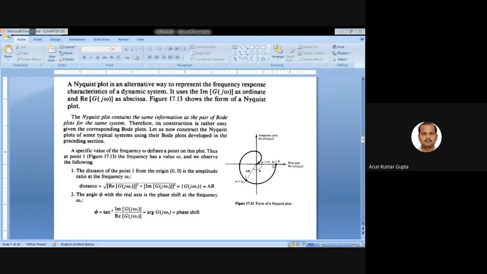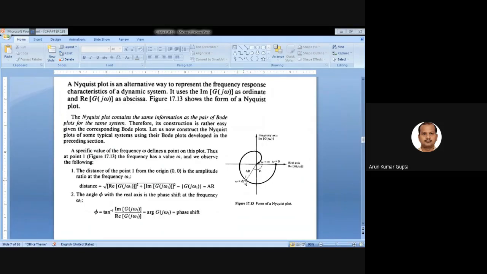But here this is not a circle, so I'm not calling this a radius, right? This is a curve. The distance from the center to this point is the amplitude ratio, and there is the phase angle it contains. At omega equal to 0, generally the phase angle is 0, so it will start from here. For the next point, you have to find the point on this curve. So let's say for omega 2, what is the amplitude ratio and what is the phase angle? So you will get the second point.